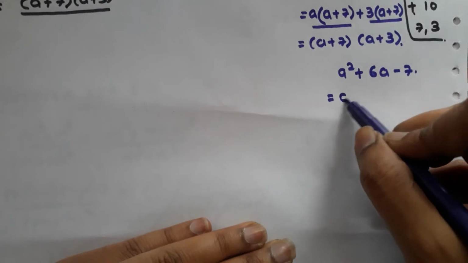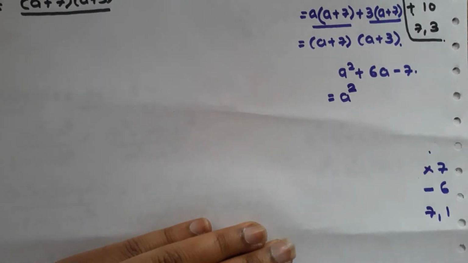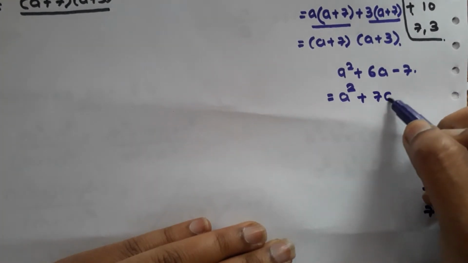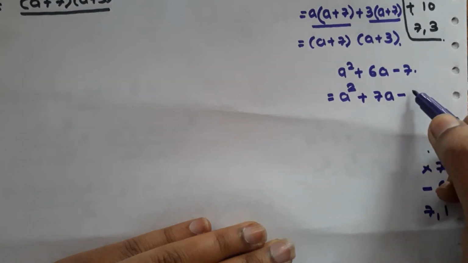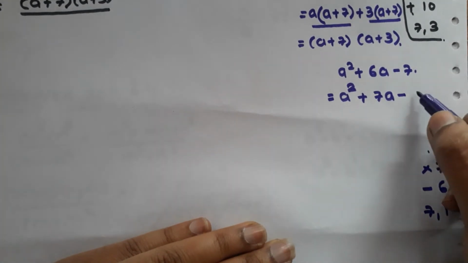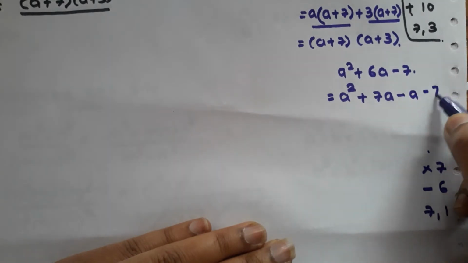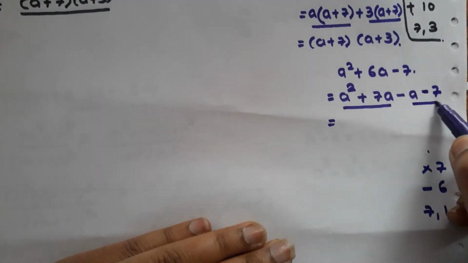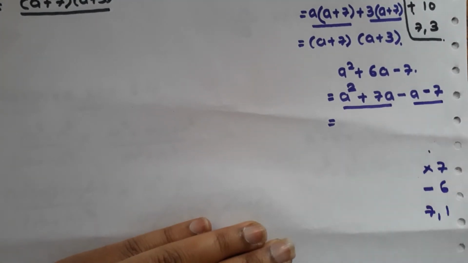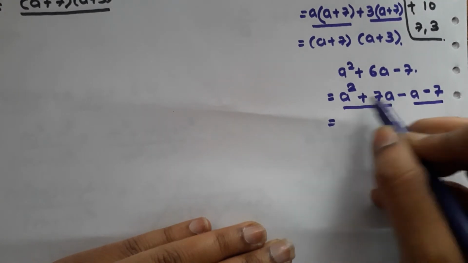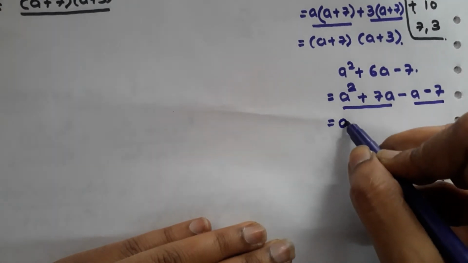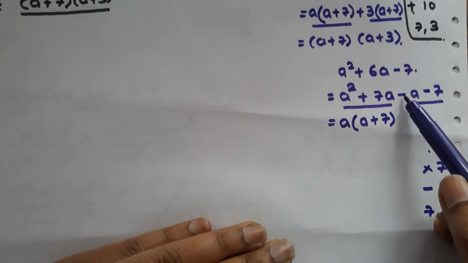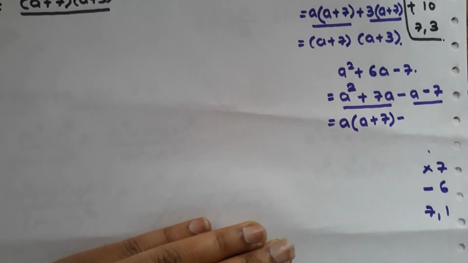So keeping the other terms the same, in the same way, split the middle term. Plus the bigger number is 7, 7a, plus into minus is minus. You can write it as 1a or you can write it as a. And the remaining term as it is. Pair up the first two terms and the last two terms. Now take common. In the first two terms a is common, a plus 7. And I told you that whenever there is a minus sign here, you have to take minus also.